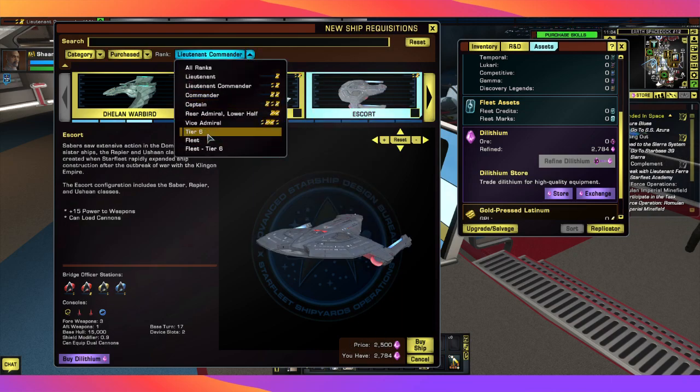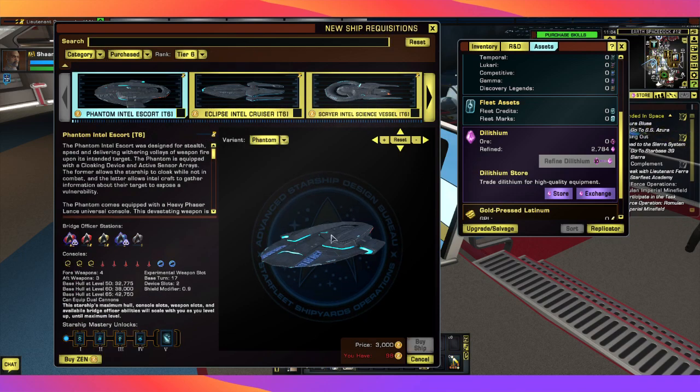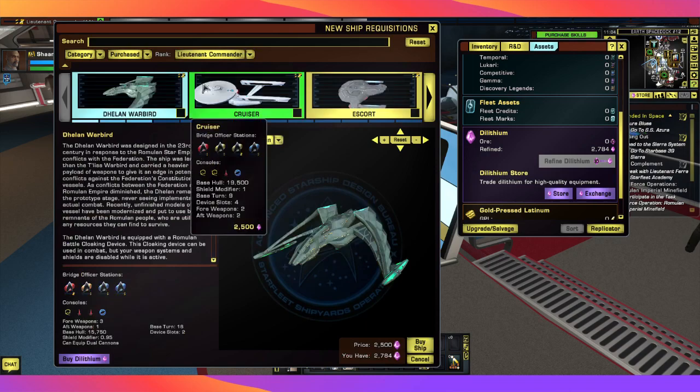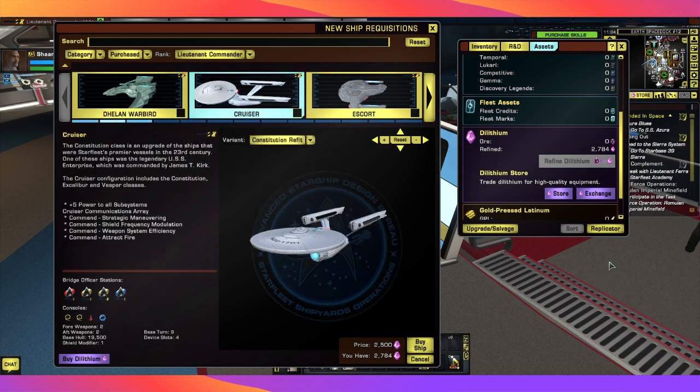So for instance, we can't use this, but see, this ship here would cost us 3,000. We don't have it. What we can do is we can use the exchange to move money between accounts. So if our other account had, say, 500,000 Dilithium on it, and we wanted just to move some over to this account to buy our ship,